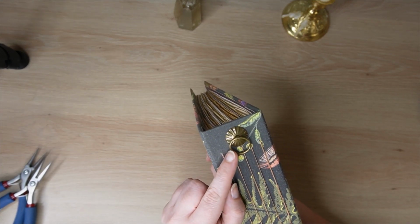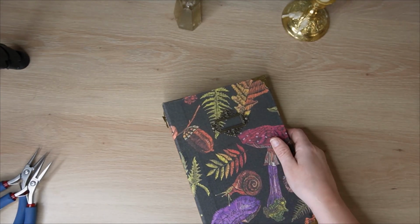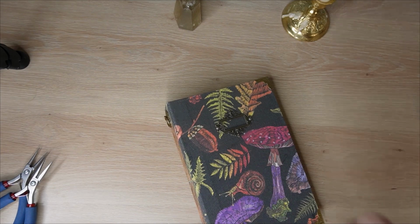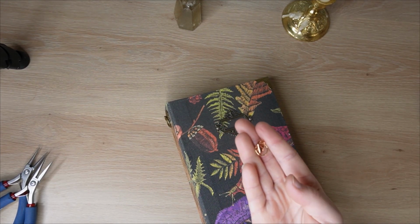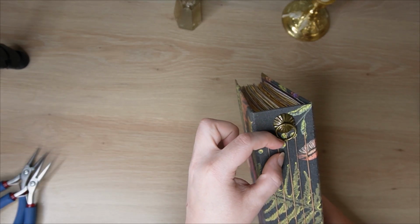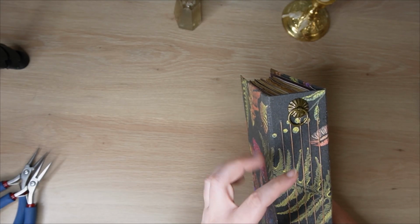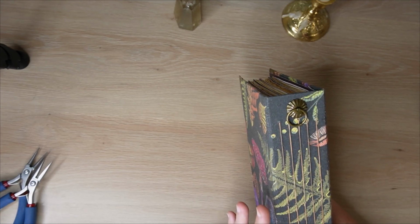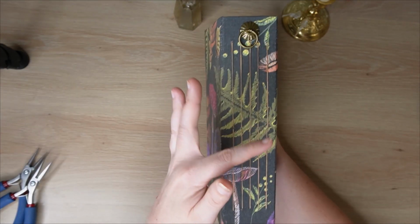So I think I'm going to try to make the tassel directly on the ring. Adding something like this will add extra length to the tassel as well, which I don't want to do, because the ring is so big that if I add more down here, then the tassel will either end up being really short, or it'll end up being what I consider the correct length for my tassel, but it would end up being really long